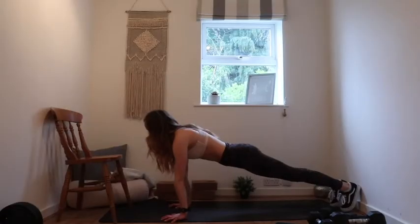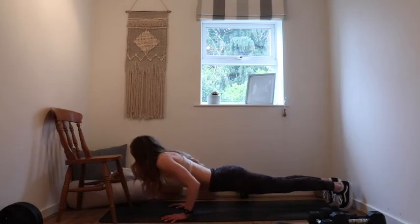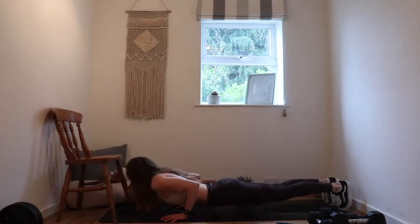As we begin to lower, we want the elbows to come out at about a 45-degree angle, or if you're aiming for more of a tricep variation, you can pull the elbows in. Having the elbows winging out can be really uncomfortable on your shoulders. It can cause internal rotation, so the turn in of your shoulders, which can be uncomfortable on your shoulders,